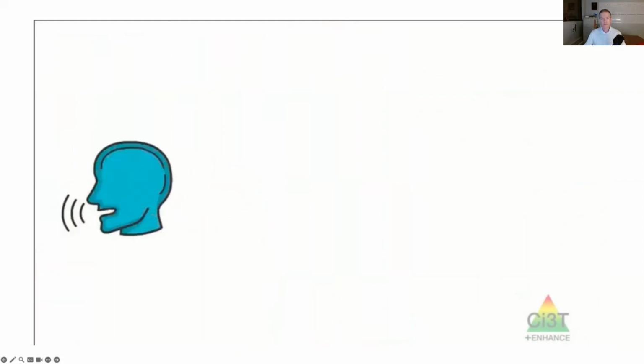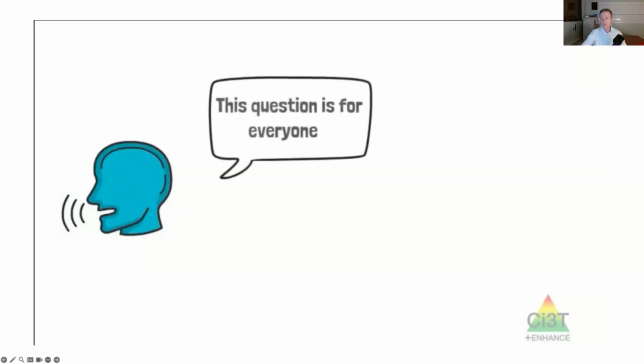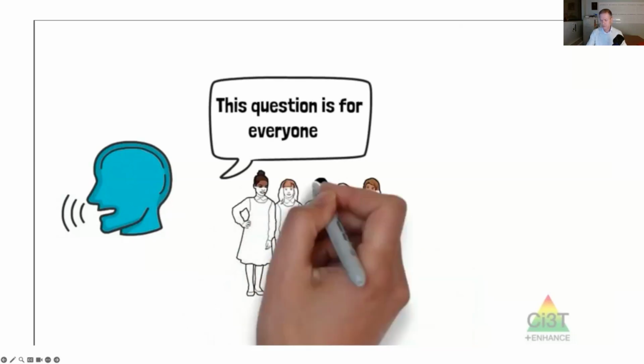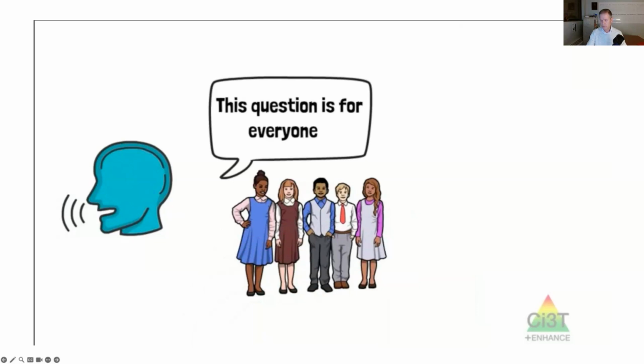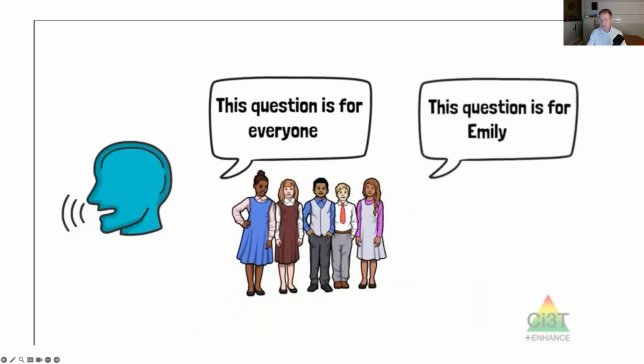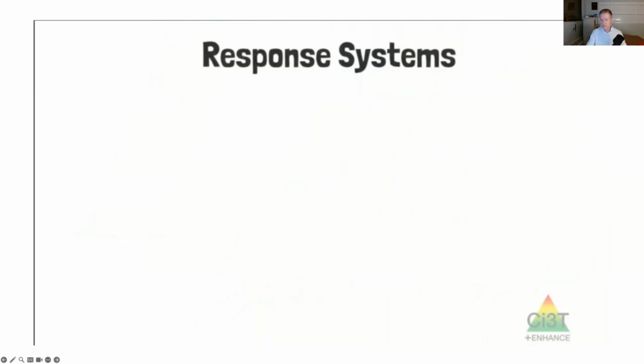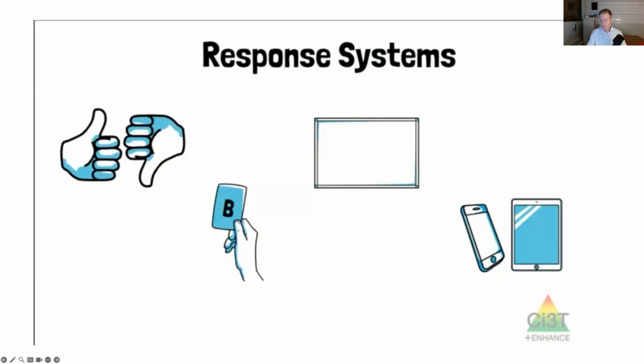The teacher poses a question and the student provides an oral response. The teacher can also preface the question by saying, "This question is for everyone," to indicate this will be a choral response where students are expected to respond together in unison, or "This question is for Emily," to involve a single student. Oftentimes, teachers will be prepared for a mixed approach, with some questions being for the full group and other questions for individual students. When increasing opportunities to respond through nonverbal responding, the teacher may ask all students to respond in unison through either a gesture or a written response.